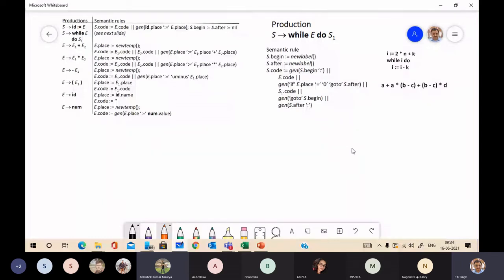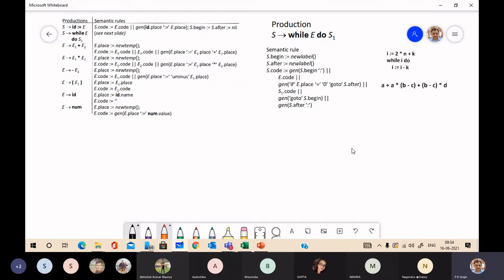We are discussing three address code generation. You have seen a simple grammar supporting arithmetic expression, assignment, and while loop.